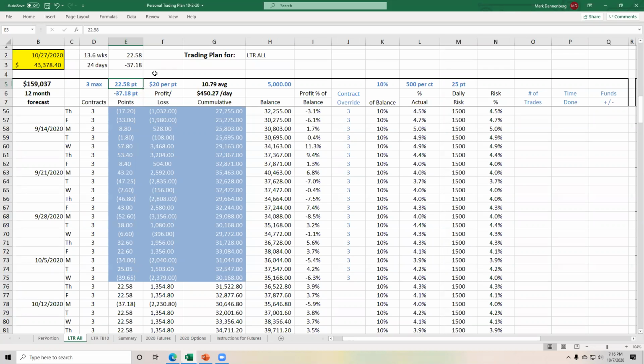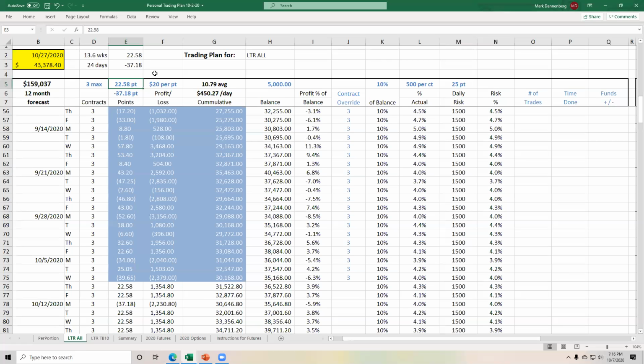And what happens is you start getting into this spin where you start telling yourself a story, and the story has no basis. It has no basis in terms of 13.6 weeks of underlying run rates. That's really what you want your basis to be on. So yeah, did we lose 38 and a quarter points today? Do we like losing? No, we don't like losing, but